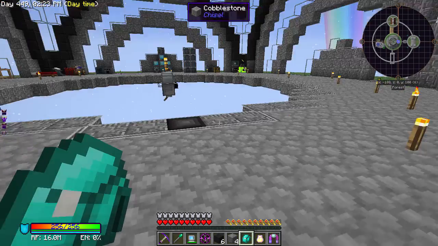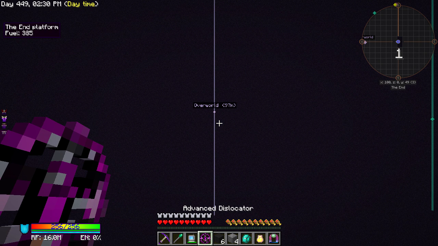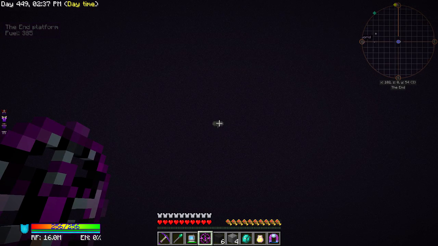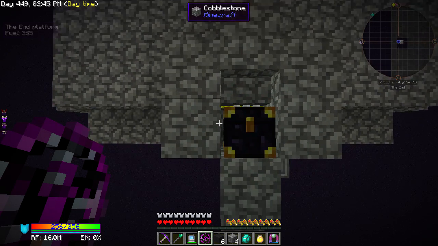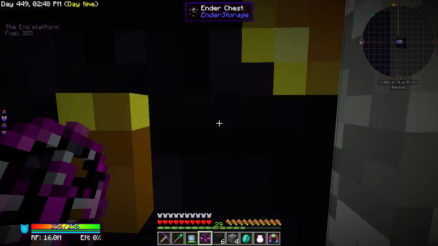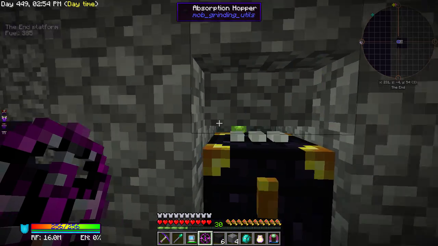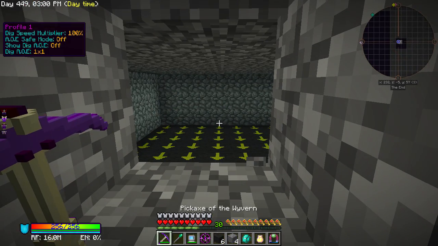Let's go to the End actually now. I'll show you my little Enderman spawner thing, and we'll AFK there for a little bit. So there it is. You can see it. It's very simple, just a little room where they spawn in. Let's actually break this, and you can see there is just a room of